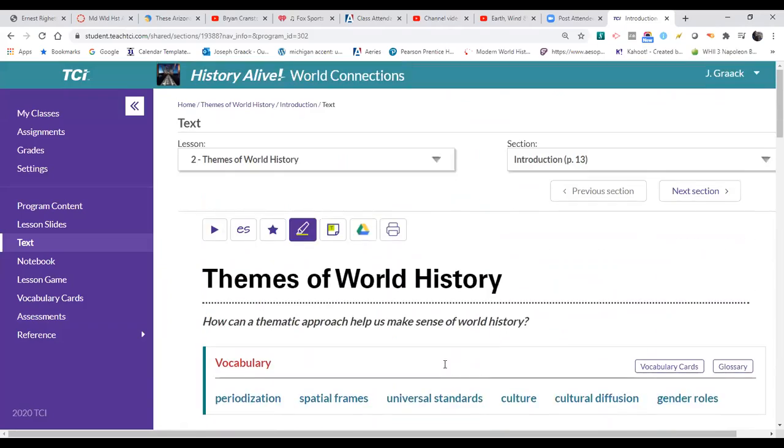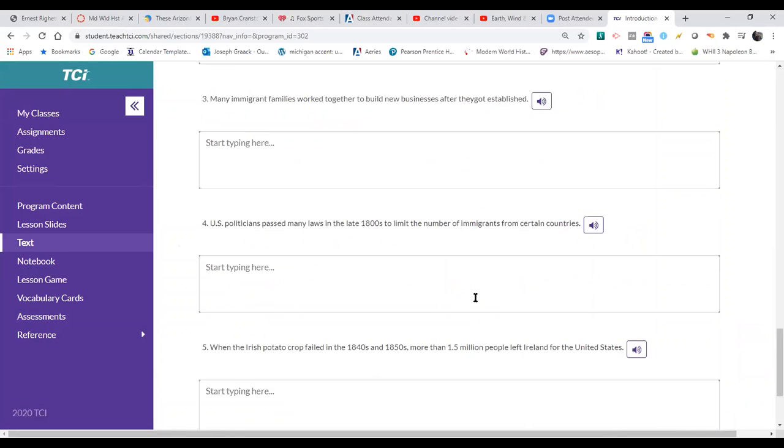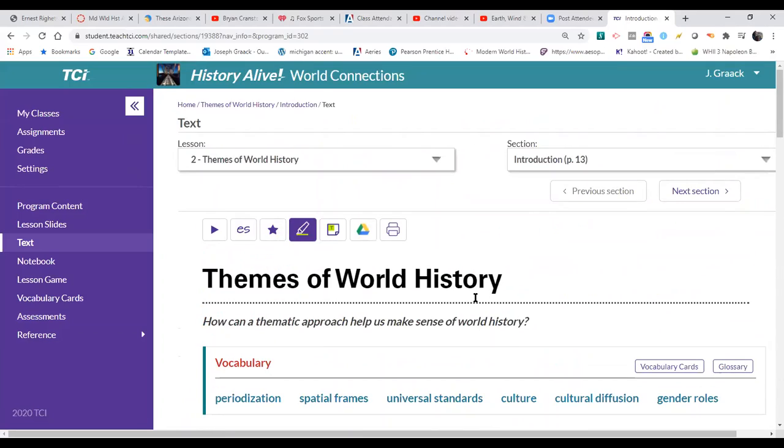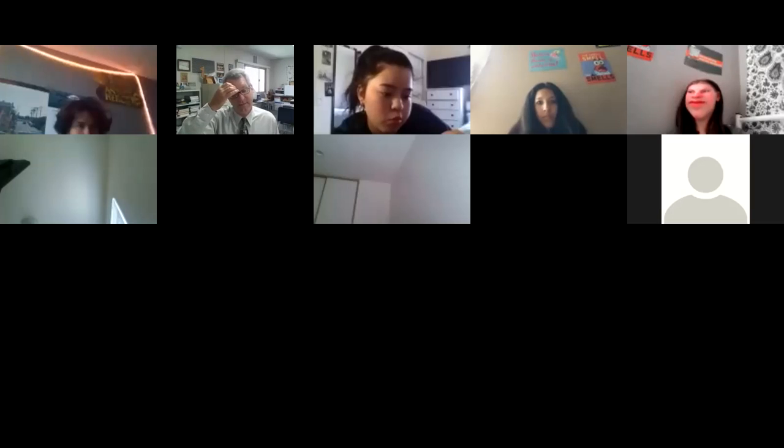So even though it was due then, I have a button I can select and it says don't adhere to the due date. We won't need to worry about that till then. That is something I wanted to share with you and make sure that you understand. Does anybody have any questions on that?